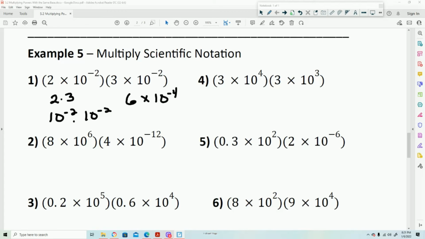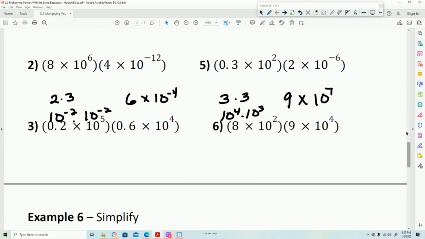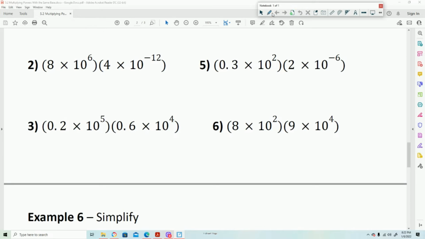Let's look at this one. I know it's 2's down here, but let's go this way. Okay, so I'm going to multiply the 3's together, and then the 10 to the 4 and the 10 to the 3 together. Okay, so 3 times 3 is 9. Put the multiplication sign between the two, and I get 10 to the 7th power, okay, for that one. Okay, next one, I'm going to put the 8 and the 4 together,